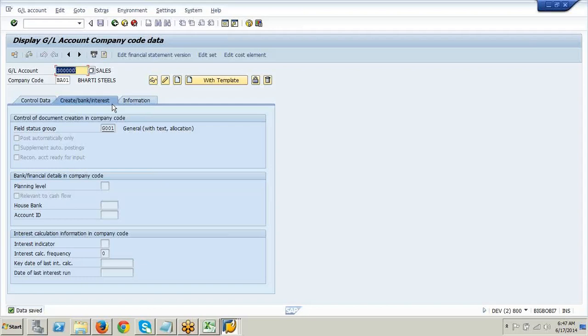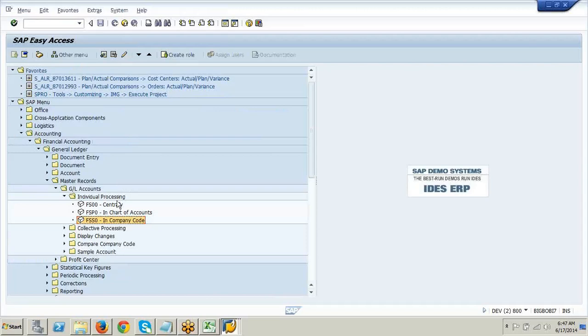So what we do in real time is, as a consultant, we set up a lot of GL accounts at the chart of account level and we keep it. Depending on the requirement, the user goes ahead and extends it to the company code level. Clear? I'm trying to explain why SAP has given both levels.